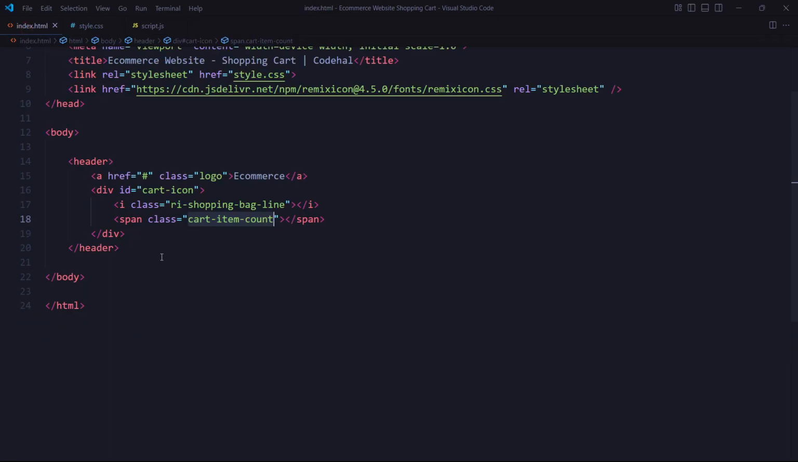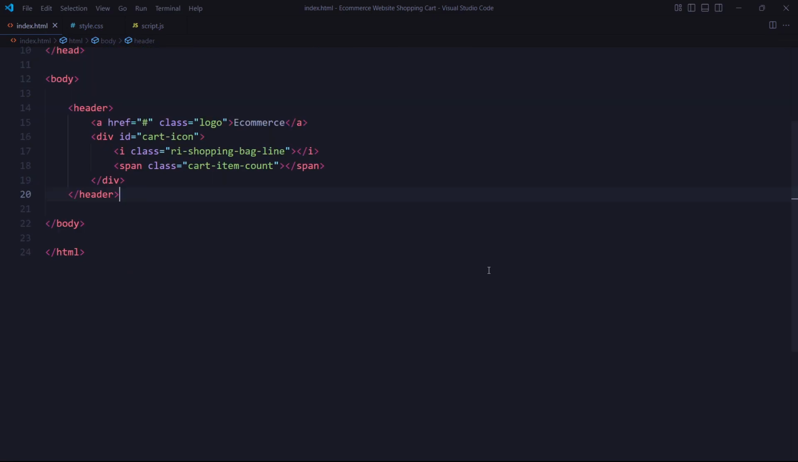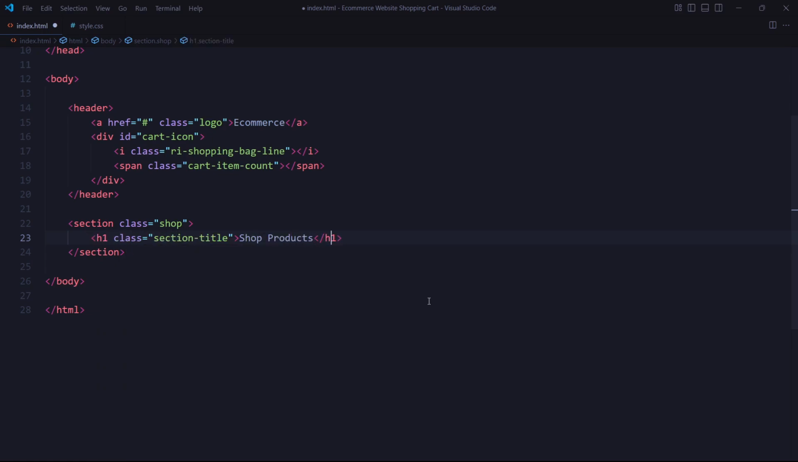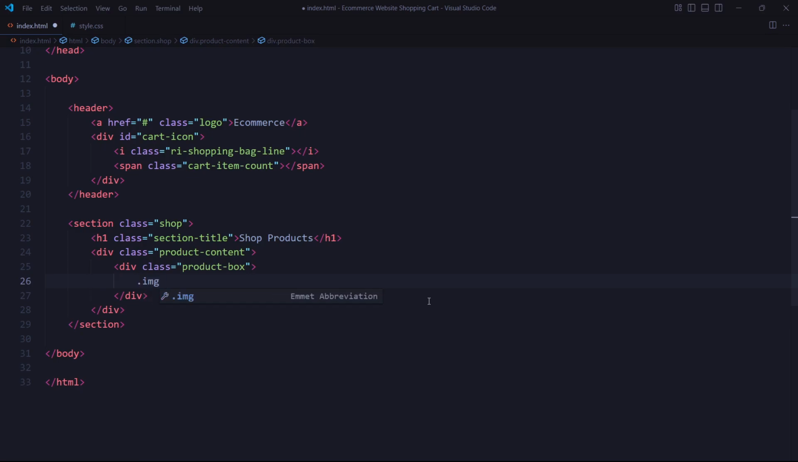First, we create a section element with the class shop to wrap the entire product listing section. Inside it, we add an H1 element with the class section title to display the title shop products. Then, we create a div element with the class product content to group the product listings. Each product is placed inside a div element with the class product box, which contains a div element with the class img box, where the product image is inserted using the img tag,